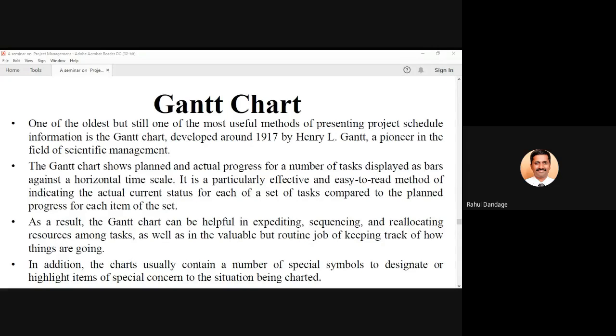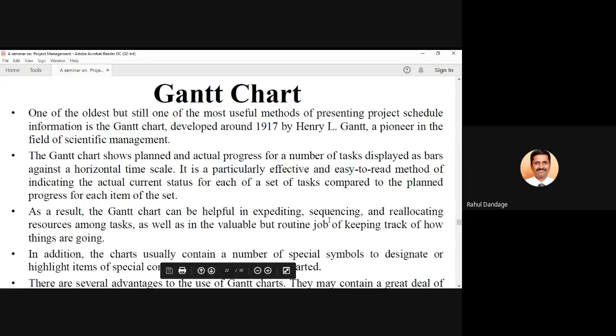In addition to that, once you have this track record of the various activities which are undergoing, based upon the information you are receiving, it will be helpful for the project manager to decide the sequence of the activities, the reallocation of certain resources, expenditure which is to be put on certain resources, and many other things which are related to that particular process. So that will be helpful for the project manager.